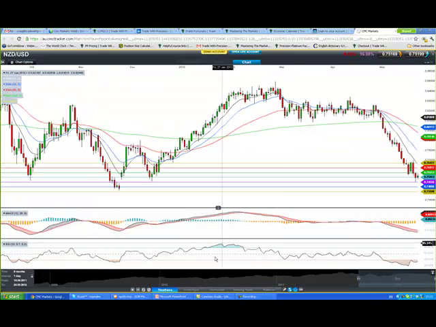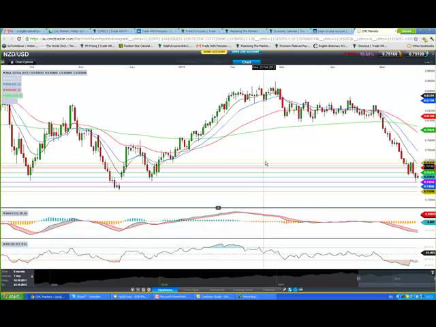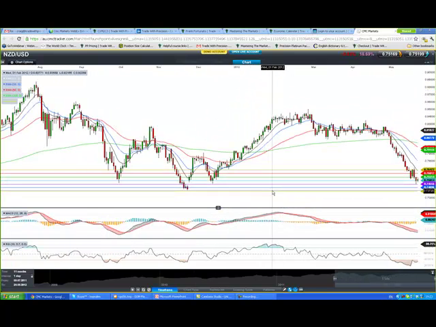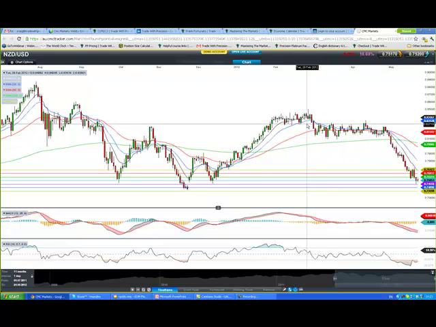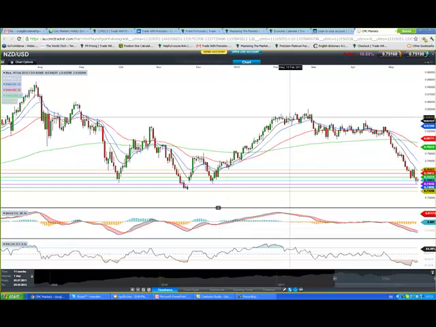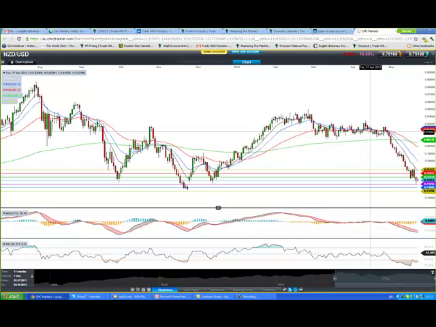Okay. Actually, now I want to get rid of these. Actually, no, we can leave them there. They're not that much of a pain. So you can see on the daily here, all we're trying to do is get a bigger picture idea of what's actually going on. We were in a lovely uptrend. We went sideways, then we went sideways again. Now we've broken down, and we've seen some very solid selling in here on the Kiwi against the dollar.